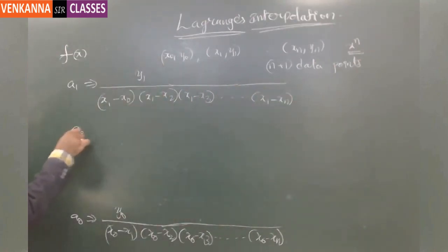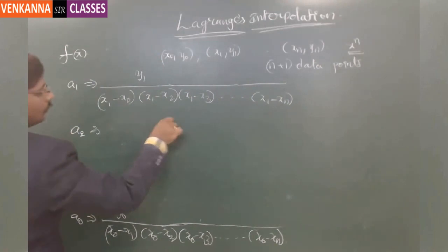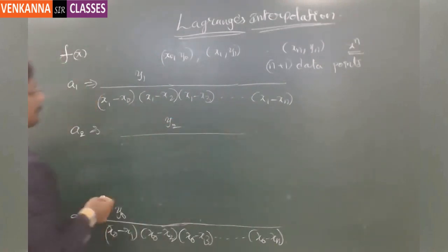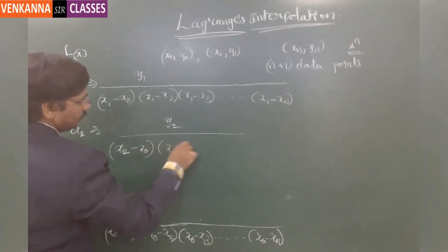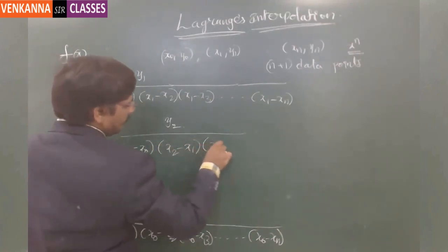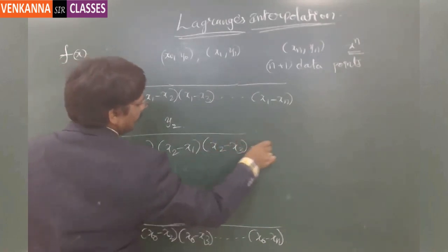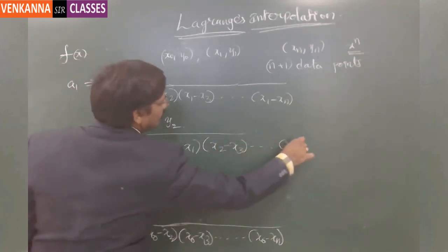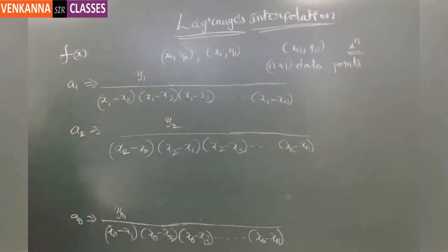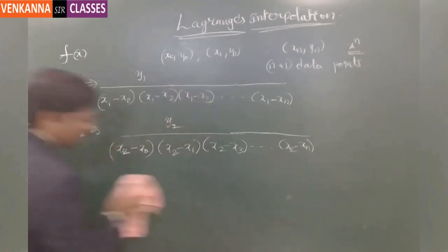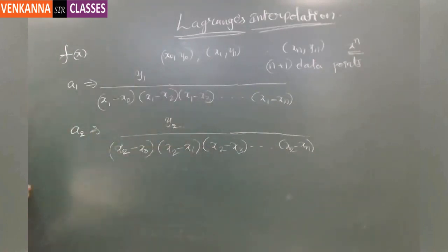Similarly, a2 is equal to y2 divided by x2 minus x0, x2 minus x1, x2 minus x3, dash dash dash x2 minus xn. So this is how you can construct it. Okay. So once you get the values of a0, a1 and a2 dash dash dash, then f